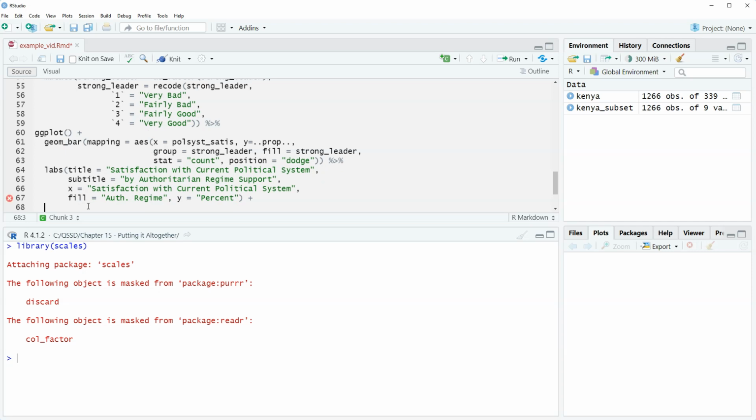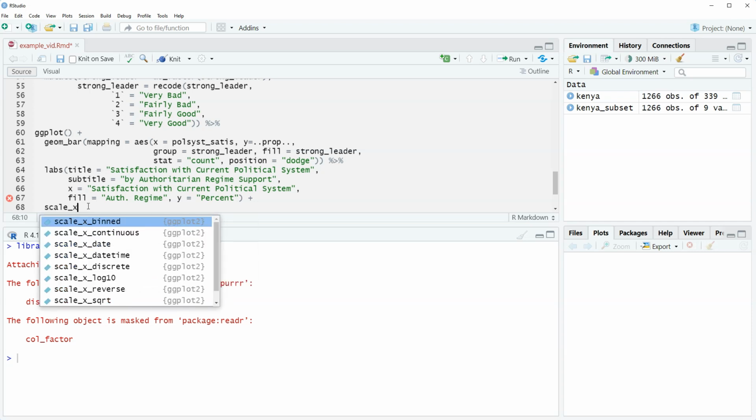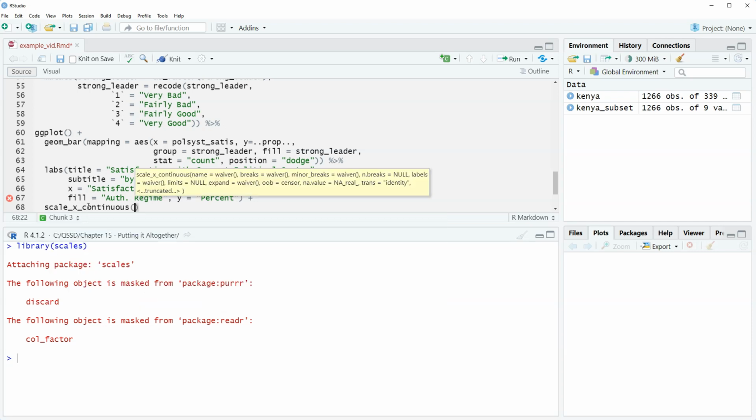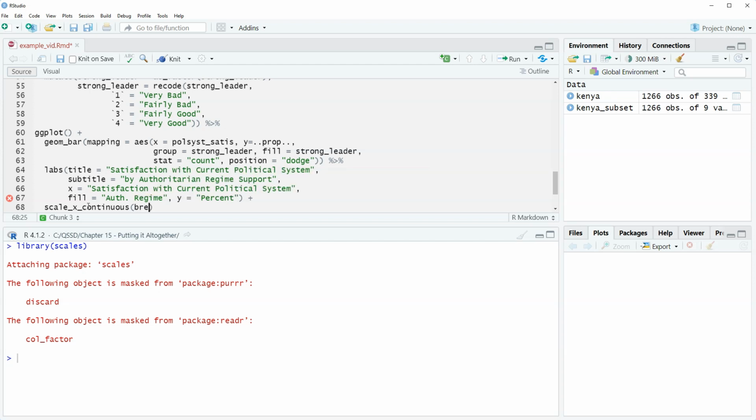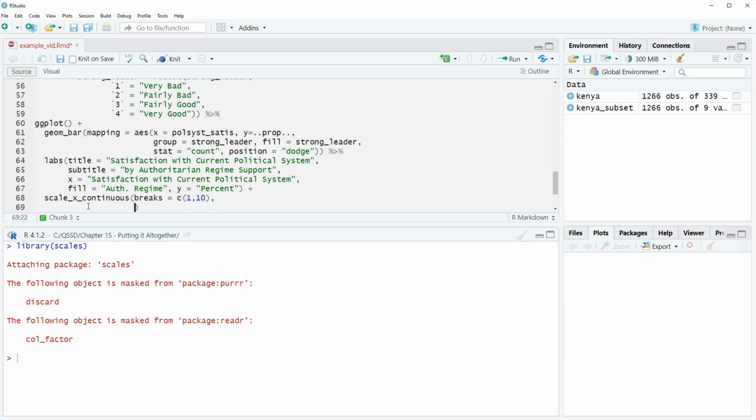Okay, so this is the one part that we have not done before. We're going to use scale_x_continuous, which we have used before. We're going to put in breaks equals c(1, 10). So we set the x to be 1 through 10. But then what we're going to do is add labels to those endpoints. And so we're going to do labels equals c(